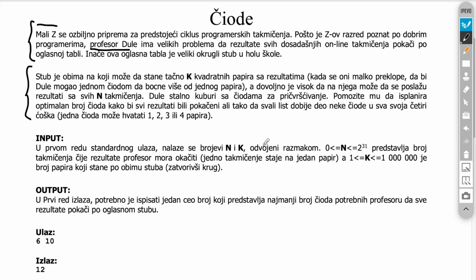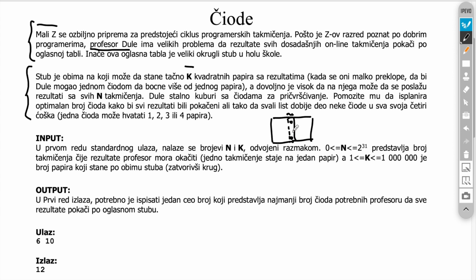The second paragraph says that the billboard's perimeter is long enough to attach exactly k square-shaped papers with results. You can neglect the overlapping area between papers to stick them through with pins. I mean, you have one paper, and when you overlap it with another one, these two pins can be shared. And this area here can be ignored. The billboard's height is effectively infinite.